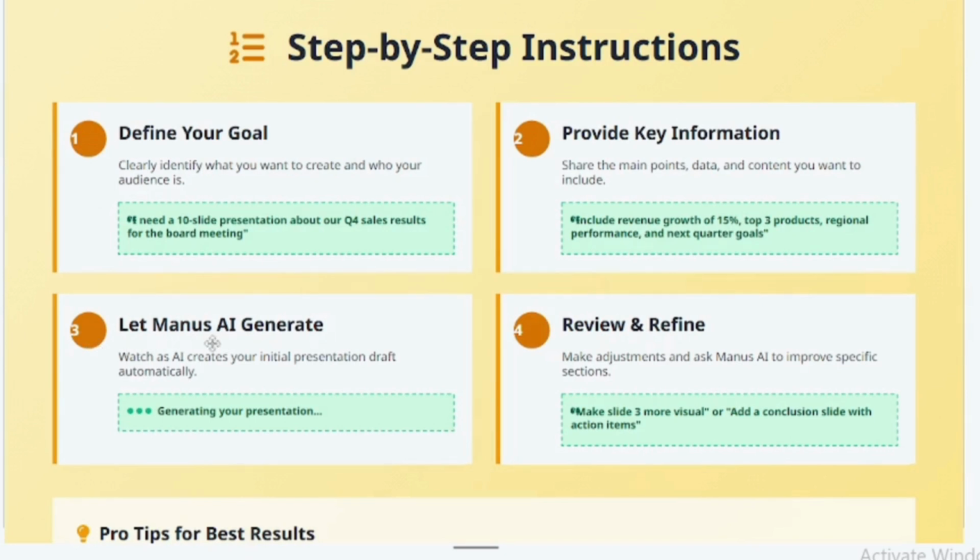Okay? Let's get practical here. I'm going to walk you through the simple 4-step process to create your very first stunning presentation in the simplest way, using Manus. Even if you have never used an AI tool before, you'll find this incredibly intuitive. Now, step number one,